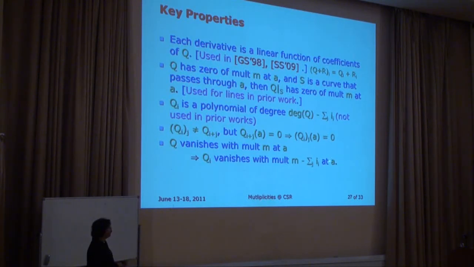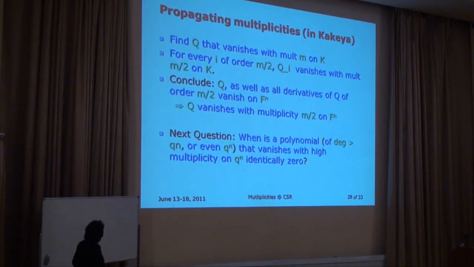Okay? How do you prove that? You just apply this lemma and then you look at the definitions. It's very simple, but it tells you that if I found a polynomial which vanishes with high multiplicities at some point, and I look at its 15th derivative, it's still vanishing with multiplicity m minus 15 at that point. So that's useful. How do we use it?